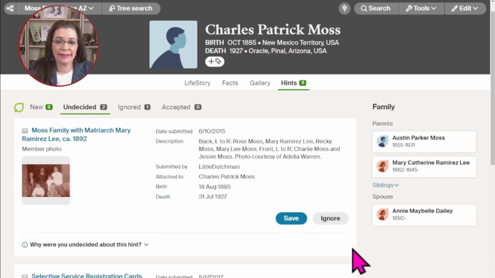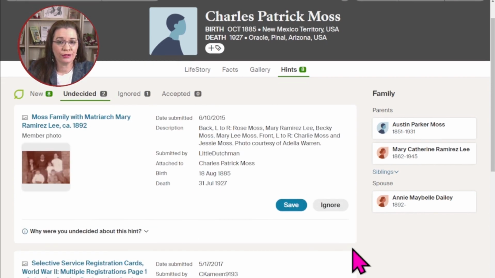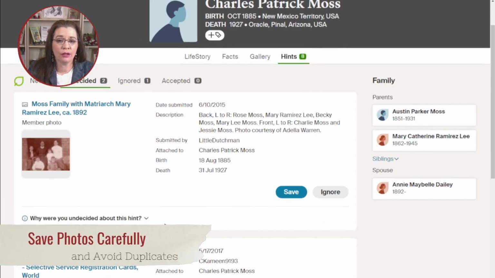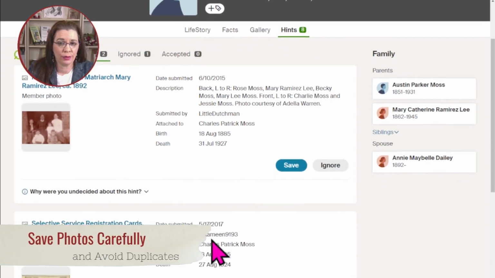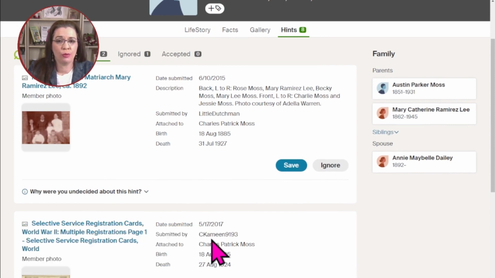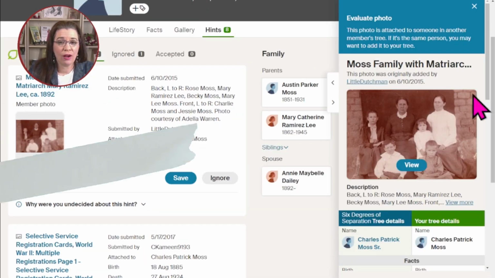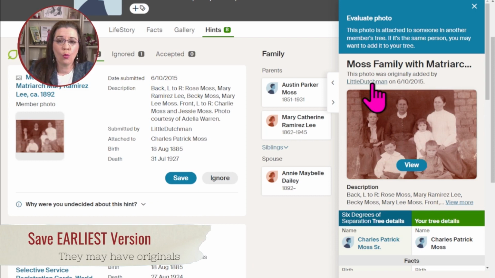Next, you may see some images that other users have uploaded to Ancestry. Some images may include portraits or candid photos or artifacts and documents. Use your discretion whether you want to save these images to your family tree or not. Some profiles have numerous copies of the same photo. Try to find out when the earliest photo was saved, because that might be the original person who uploaded the